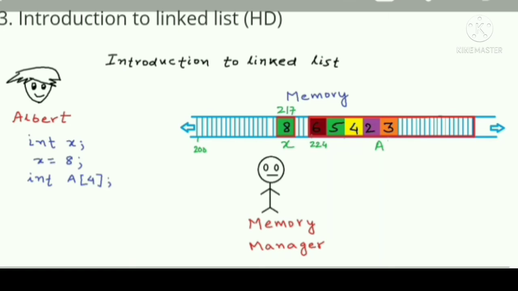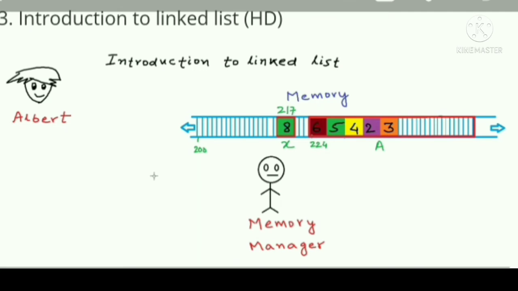And Albert is still feeling bad because if the list is too small, he is not using some part of the array, and so memory is getting wasted. And if the list again grows too much, he will again have to create a new array, a new block, and he will again have to copy all the elements from the previous block into the new block. Albert is desperately seeking a solution to this problem, and the solution to this problem is a data structure named linked list. So let us now try to understand linked list data structure and see how it solves Albert's problem.